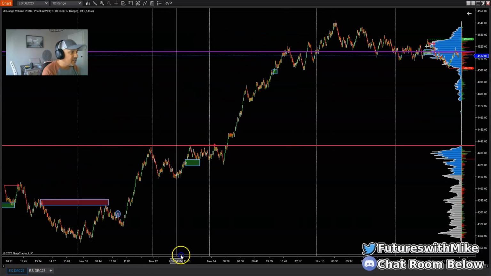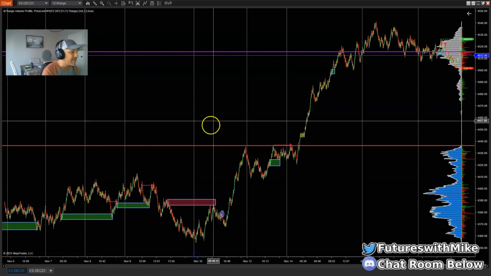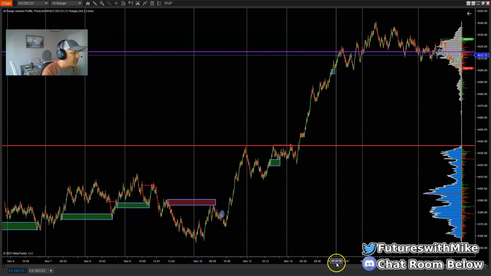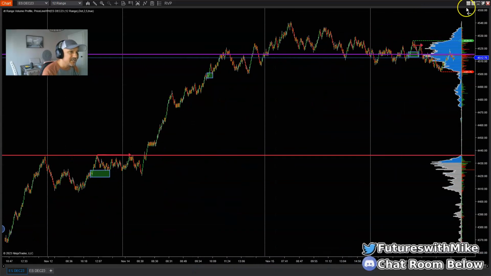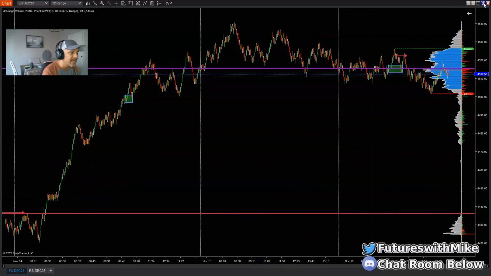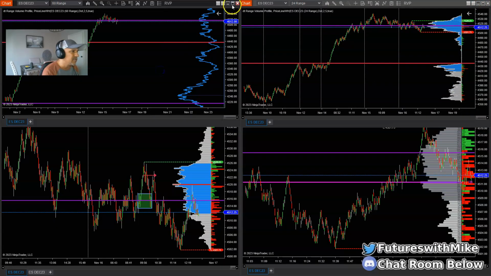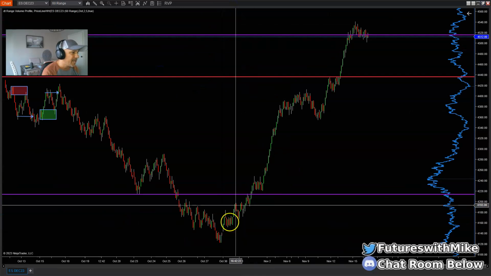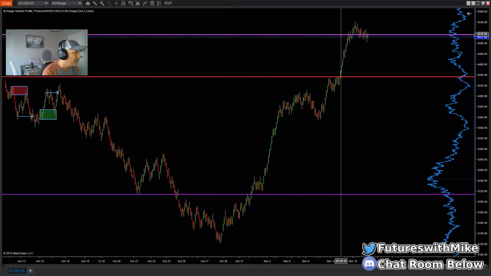What I was noticing here on the lower time frame, we were making higher highs and higher lows. And I'm sure if I look at my higher time frame, 60 range, guys, over the last few days, we were making higher highs and higher lows. Matter of fact, let's take a look at it, because we were still bullish. And I knew that on the higher time frame. Bullish, meaning making higher highs and higher lows.